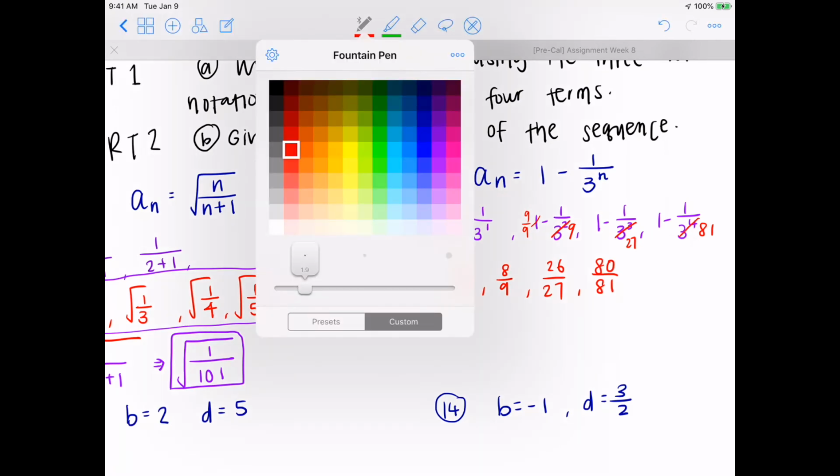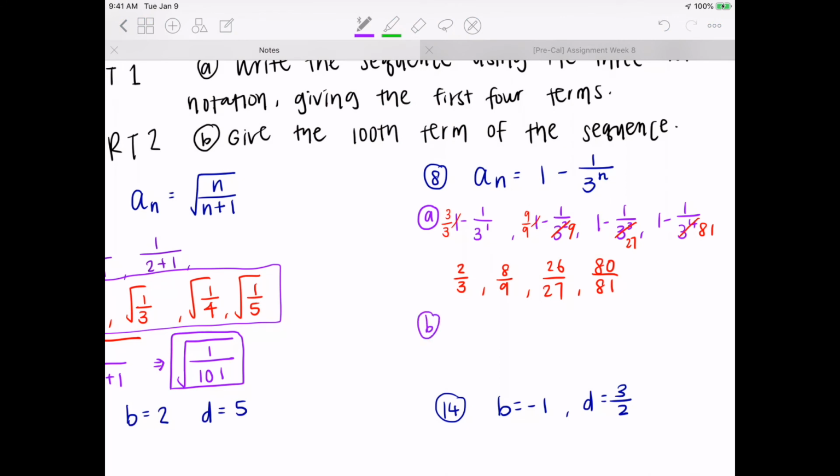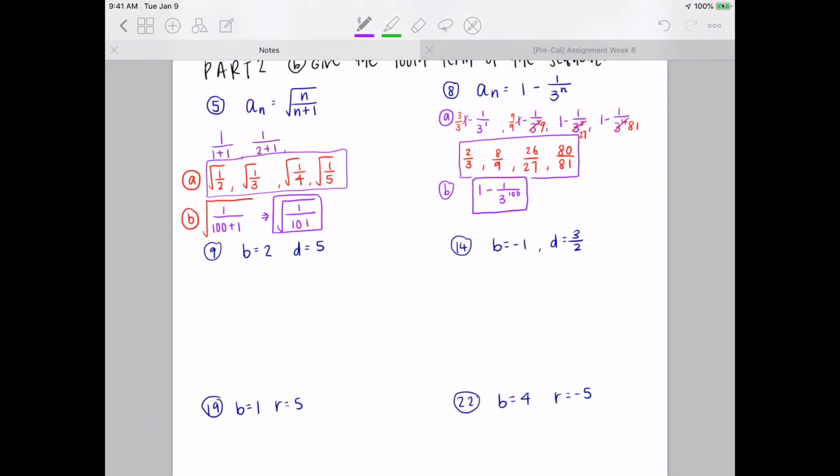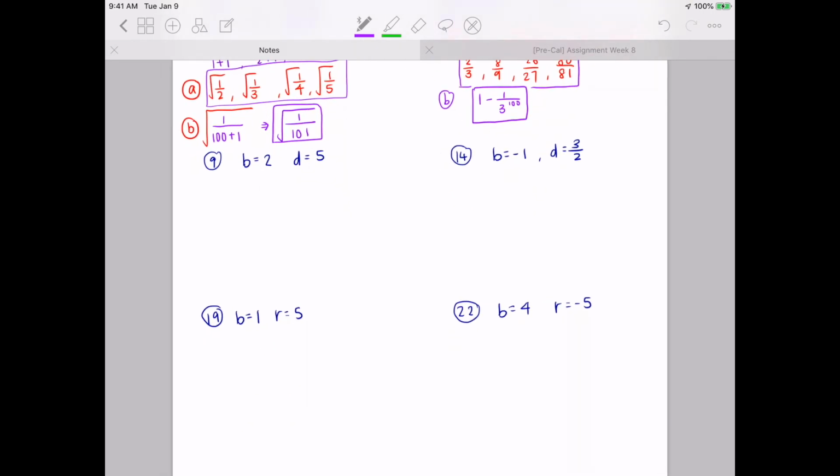Okay, part B, it's 1 minus 1 over 3 to the 100th power, right? If you put 3 to the 100th power, your calculator is going to overflow and you're not going to get anything. So in this case, we're actually just going to leave this as the answer. Some of the answers that are way too big, don't worry about solving for it. Just leave it as it is. Okay, so these are your answers for part A and part B. Let's keep going to number 9